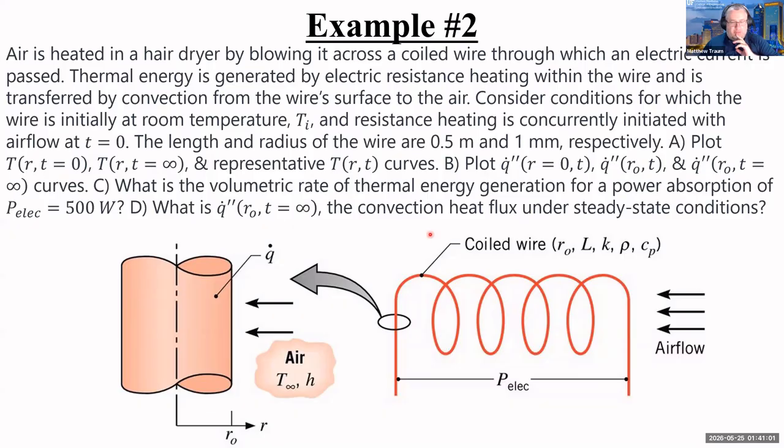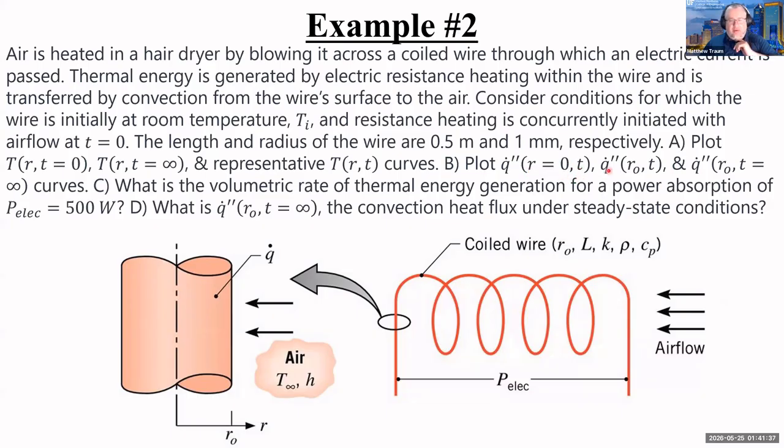Okay. So just like before, R equals zero is the center of the wire, right? So here's the wire. It's all coiled up. Here's the air blowing over it. But then we've got a zoomed in version of it here so we can see what's going on at the smaller scale. And R equals zero is at the center of the wire, and R naught is the edge of the wire, right? So if I go back here, yeah, R equals zero is the center of the wire,